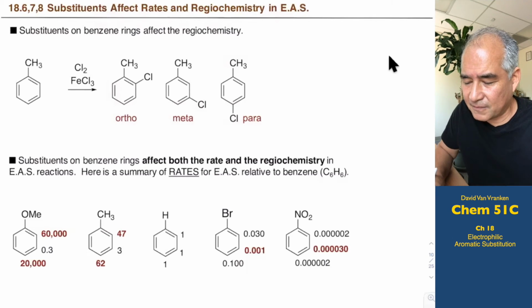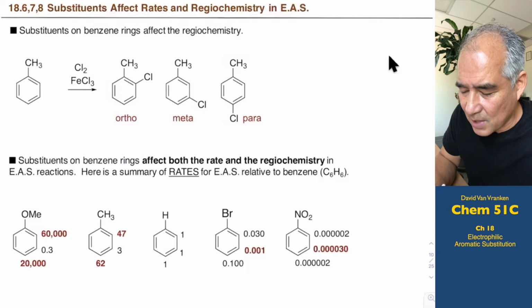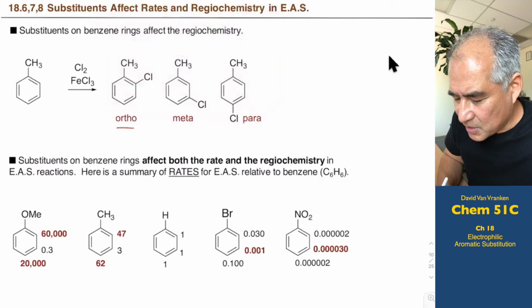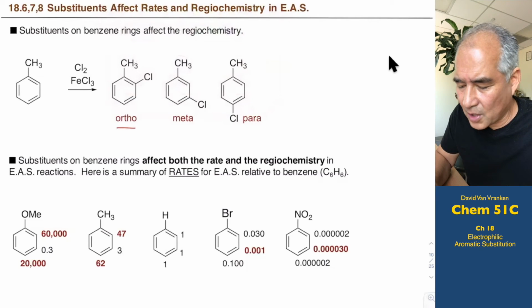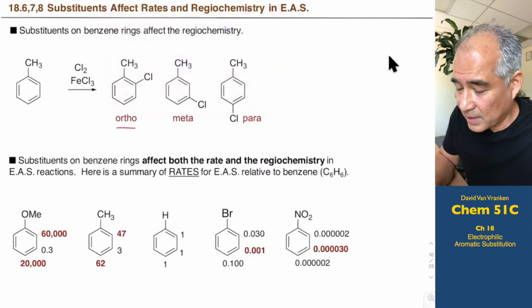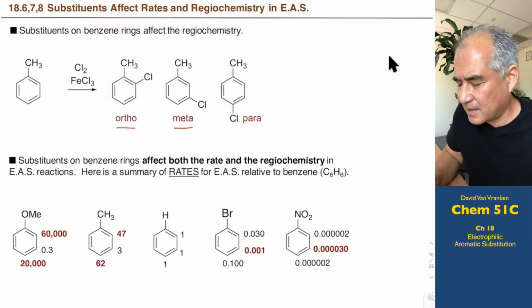We have names for these substitution patterns. When the 2 substituents are directly next to each other, we refer to that as an ortho substituted arrangement. And I would refer to this as ortho chlorotoluene. And everybody would know that that means the chlorine is right next to the methyl group. When the chlorine is one away from the other substituent, we refer to that as a meta-substitution pattern. And then finally, when the chlorine is on the opposite side of the benzene, we refer to that as a